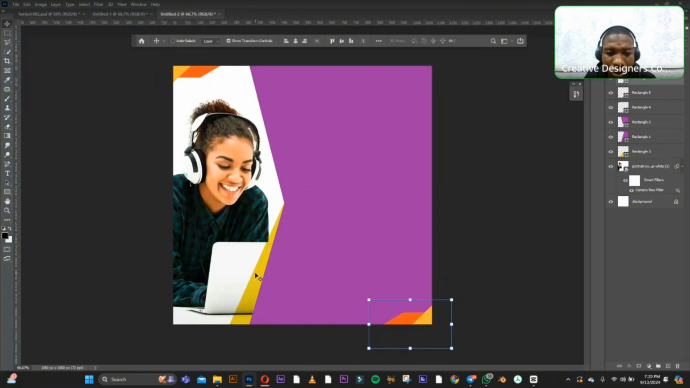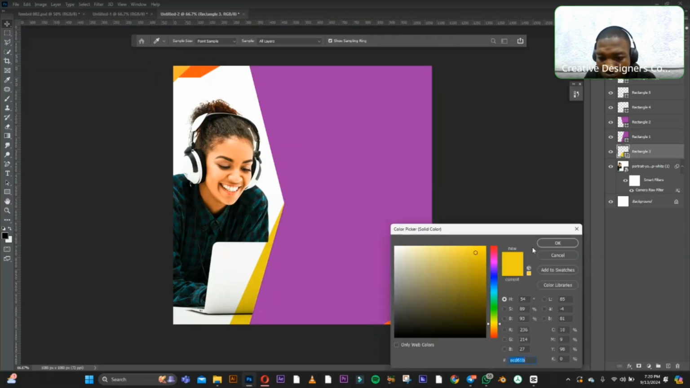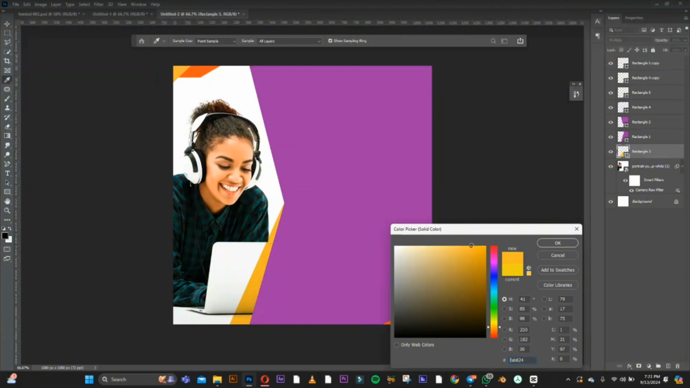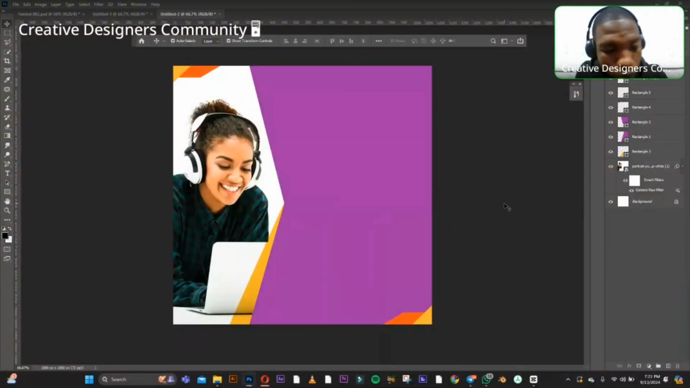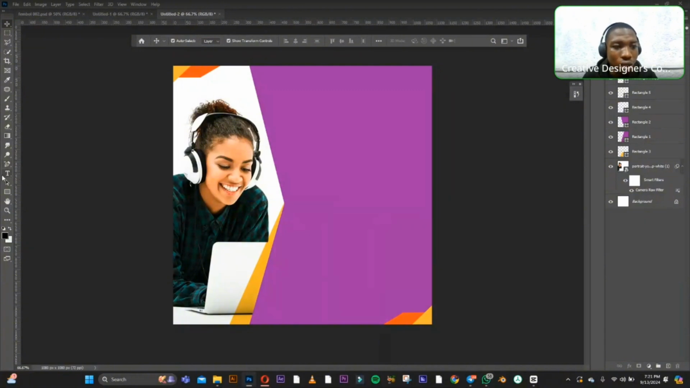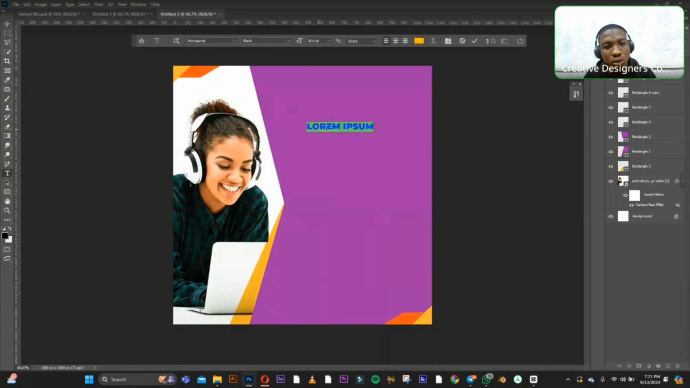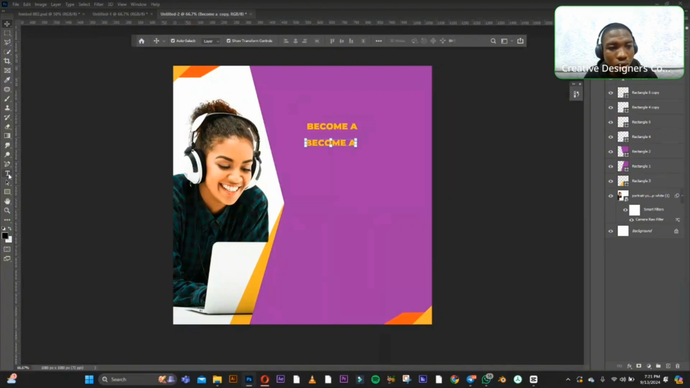So once we have this, let's see if I can change this a little bit. Orange. Okay, it's okay this way. So now I will be able to use hierarchy to separate our information. For instance, let's start with become a software